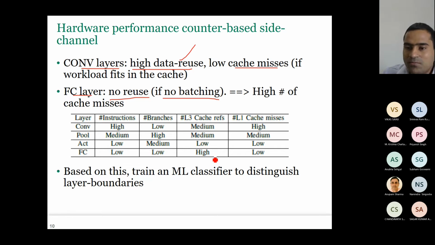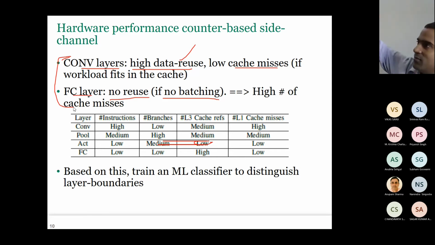And of course, you can even go lower than convolution if there is activation layer, but I'm not discussing much about it. Right now, I'm just discussing convolution and FC. Okay, the whole point is, suppose some competitor has designed a very good neural network. You can't know its architecture, but when it is executing on a particular cloud system, you can observe the hardware performance counters. How many cache misses, how many branches, and so on. Based on that, you can find it.